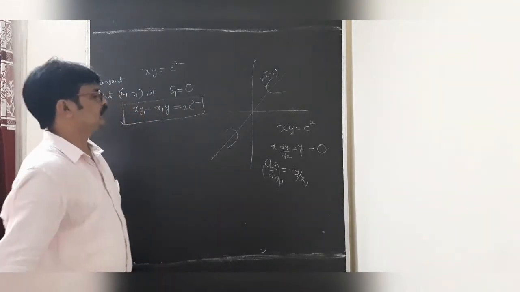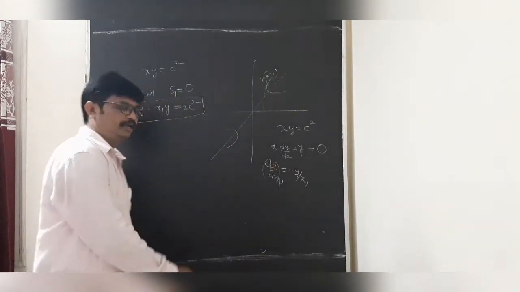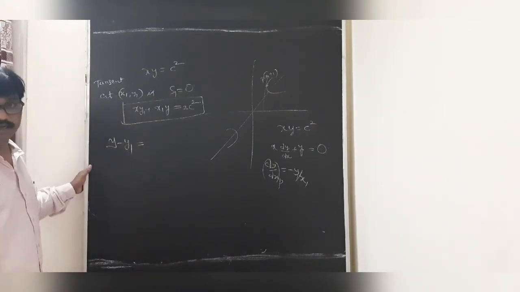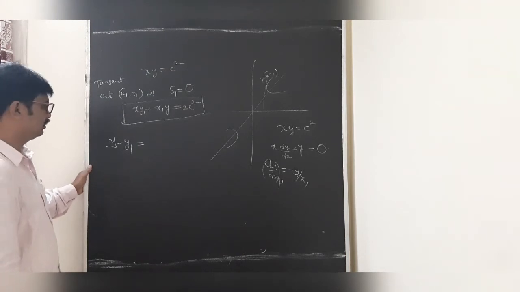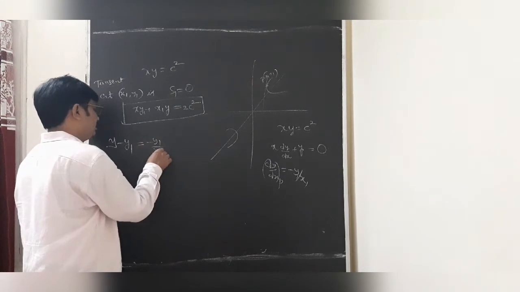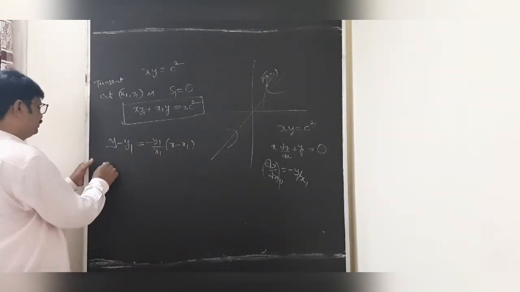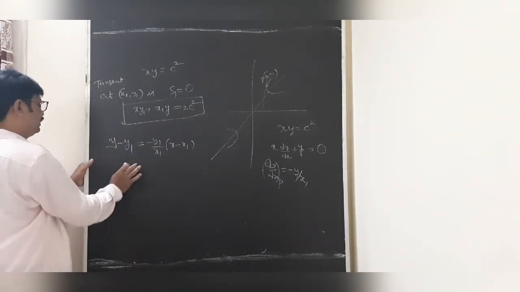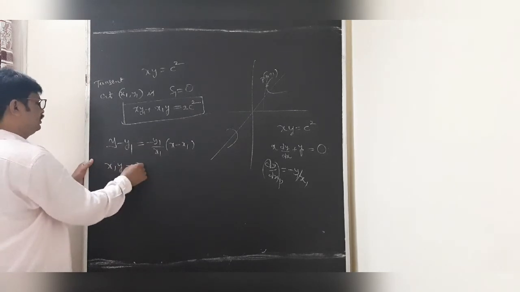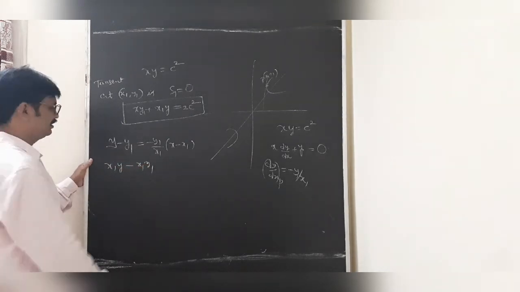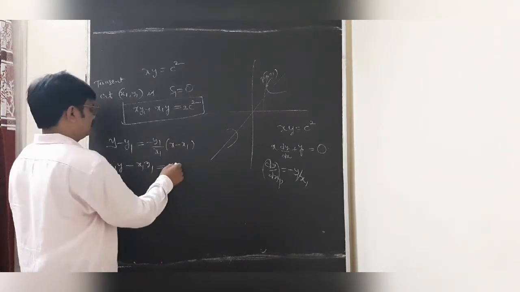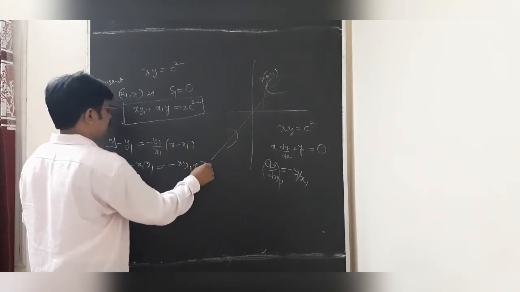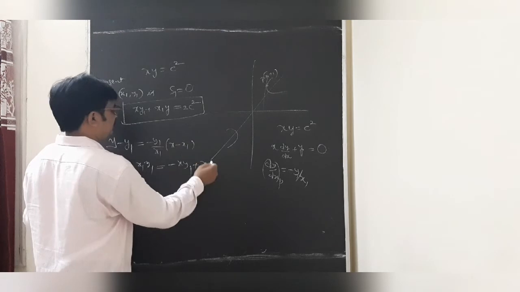So students, the equation of the tangent to the rectangular hyperbola is, what is the form? y minus y1 equal to minus y1 by x1 into (x minus x1). We can observe this is y x1, or x1 y. After that, this is x1 y1. Now this can be written as x y1, minus minus plus x1 y1.